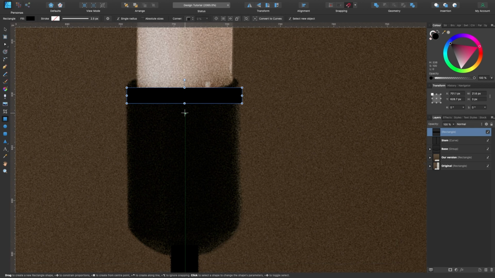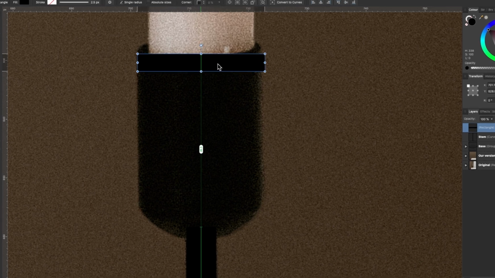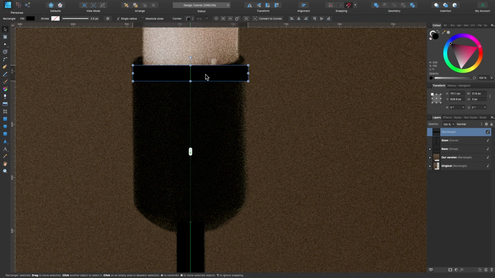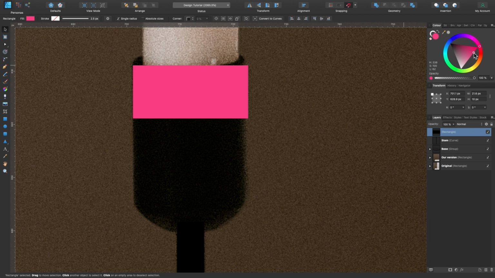And now I'm going to hit the move tool, V, and I'm just going to make sure it's centered. So if I click and drag it around like that, this is showing on the stem down there that it's centered to that stem. So I'm happy with that. So I'm going to click and drag it down. In fact, let me change the color of this so you can see what I'm doing. Maybe I'll give it some opacity as well.